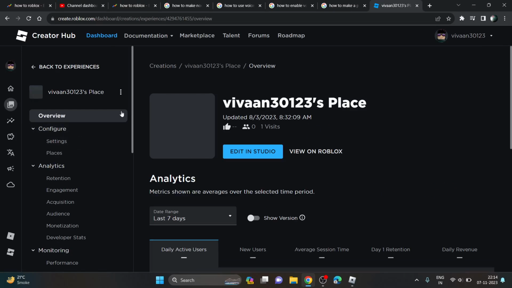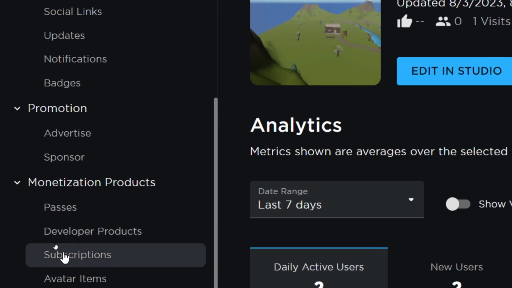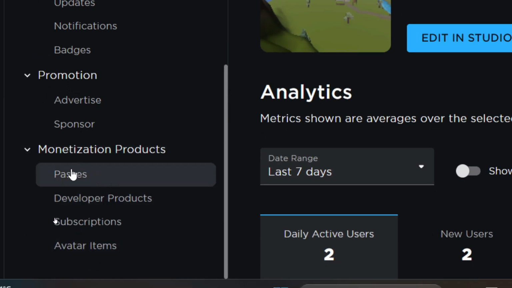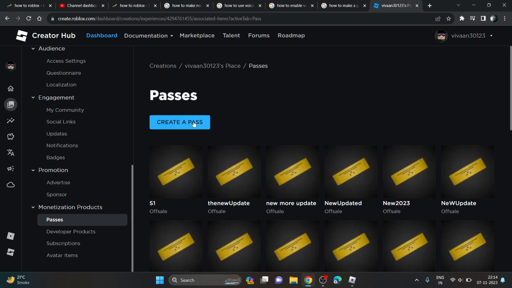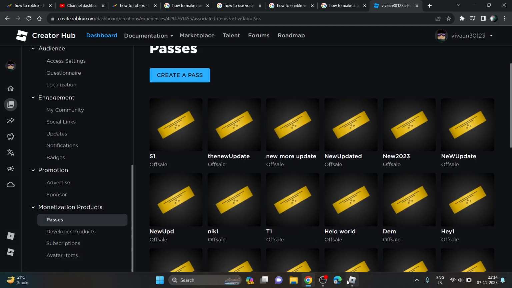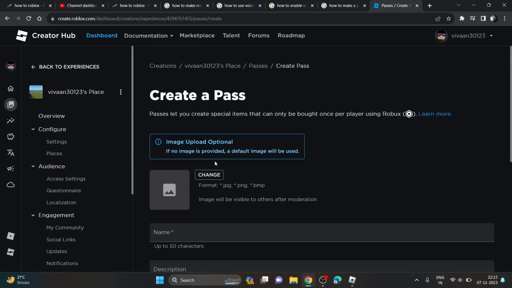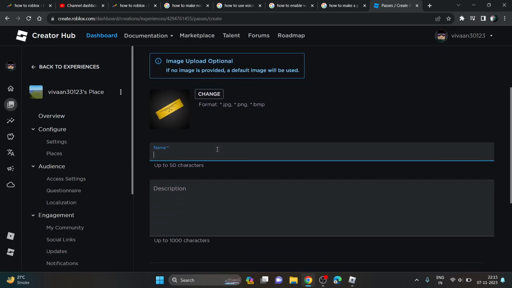When you click on it, go to the menu, go under Monetization, and click on Product. Here, you just need to click on this Create Pass, and then click on Enter Name. Enter the name of the game pass, like